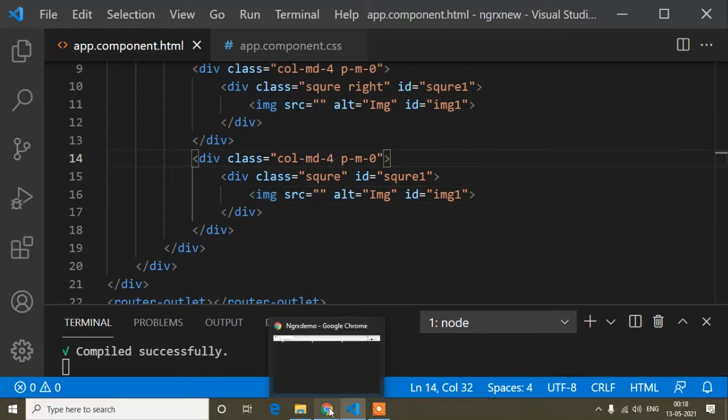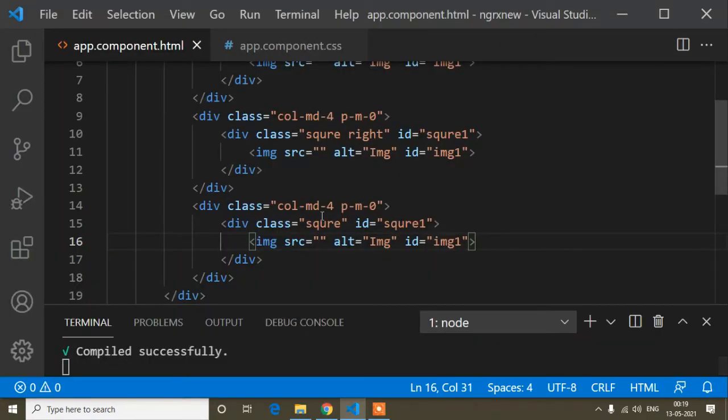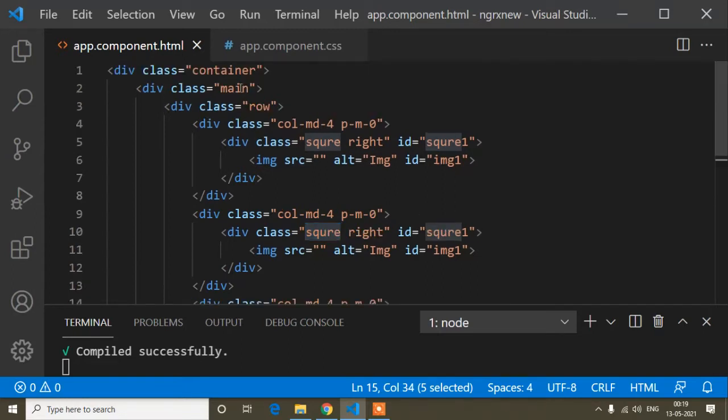That is how you can see 3, 3, 3. And this image, I did not add any image, because when I write the functionality, at that time I will add the image. So the source is blank, that's why a blank image is coming.